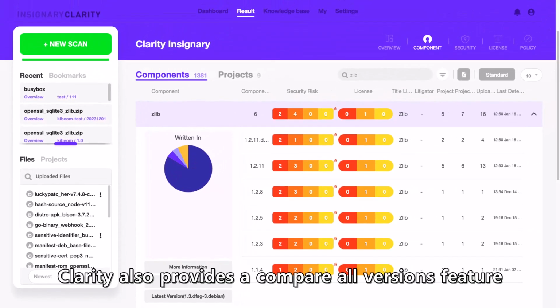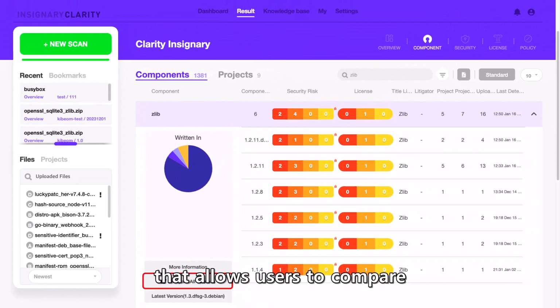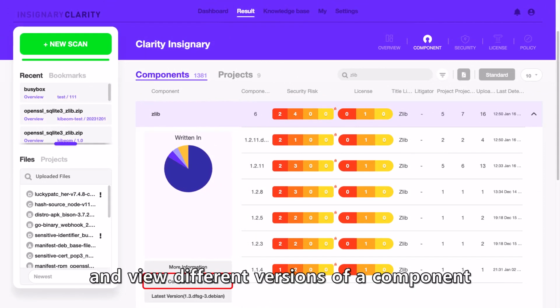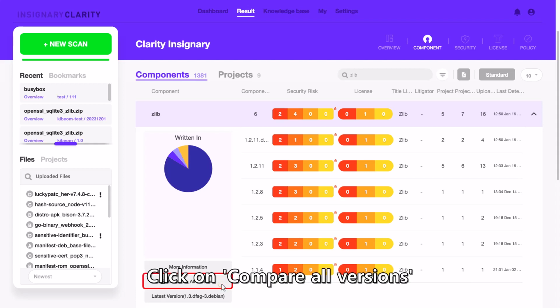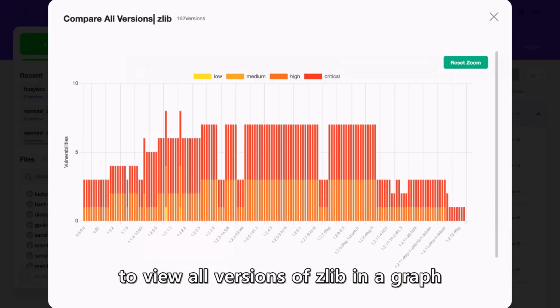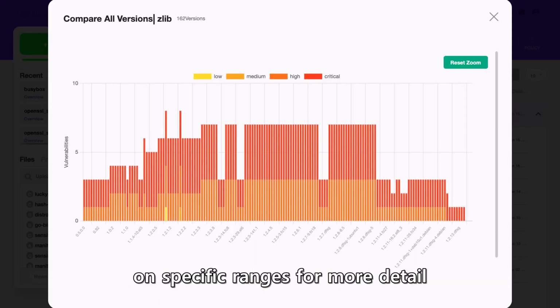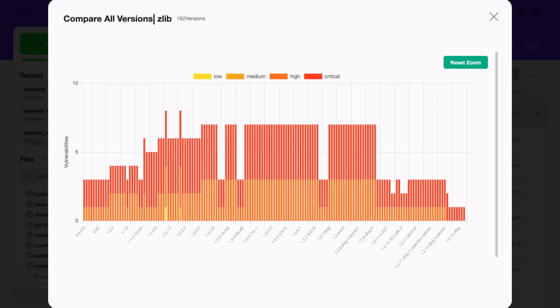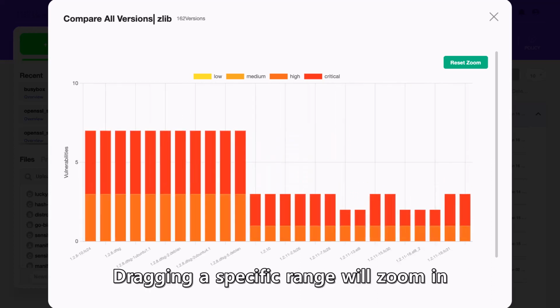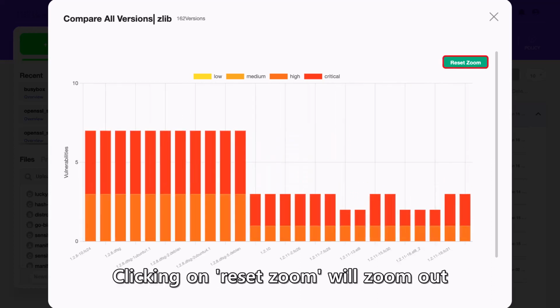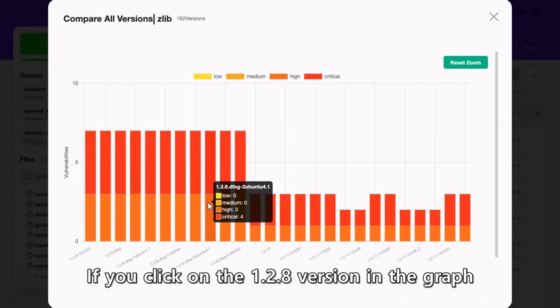Clarity also provides a Compare All Versions feature that allows users to compare and view different versions of a component. Click on Compare All Versions to view all versions of zlib in a graph, with the ability to zoom in and out on specific ranges for more detail. Dragging a specific range will zoom in. Clicking on Reset Zoom will zoom out. If you click on the 1.2.8 version in the graph,